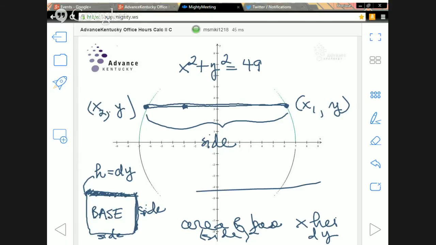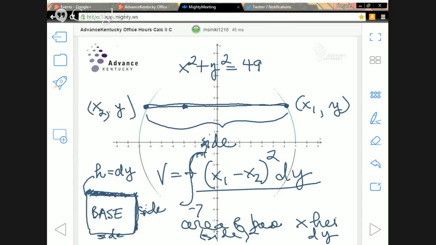Anyway, so the length of the side is going to be x1 minus x2, the difference between the x coordinates. We're going to square it to find the area, multiply it by the thickness, and that's going to give us the volume of one of the cross sections. The total volume is going to be the definite integral from -7 to 7 of x1 minus x2. So to get x1 minus x2,